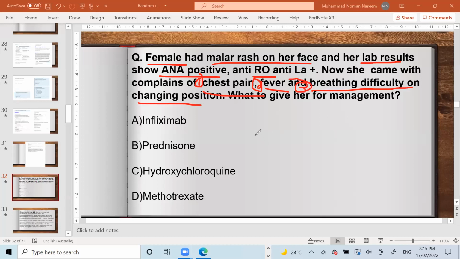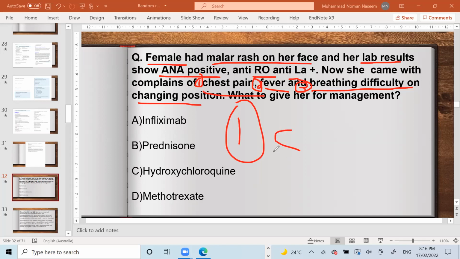Option A, infliximab. Option B, prednisolone. Option C, hydroxychloroquine. And option D, methotrexate. Now, can anyone tell me what this patient is having as a first diagnosis and what is she now presenting with? So the first diagnosis, she's having malar rash on the face, and the lab result of ANA positive is